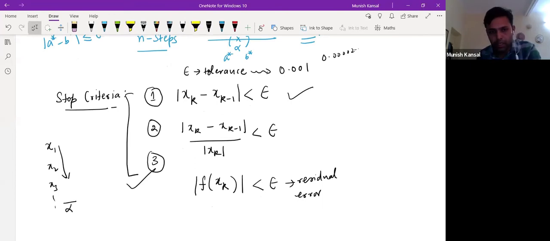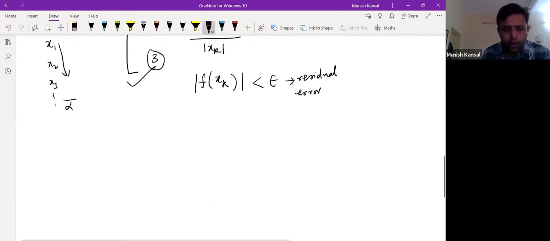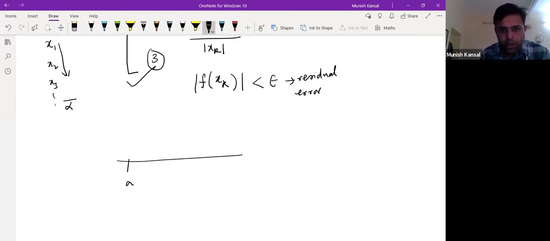So in bisection method, there is another one, that is, we will talk about the length of the interval. Why? Because, say, this is your given interval a to b. Now let us say the root is lying somewhere here, say alpha, right? So bisection method says you go on bisecting the interval into halves, then continue with the IVT. After some stage, either you will get the root or you will get the interval which will contain the root, right? So at each step, like at first step, what is the length of the interval? That is b minus a.